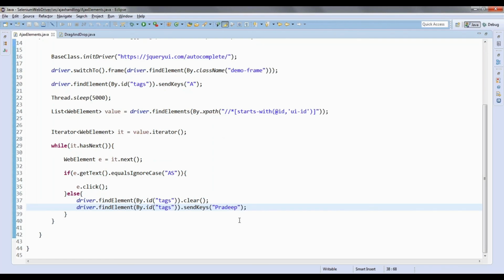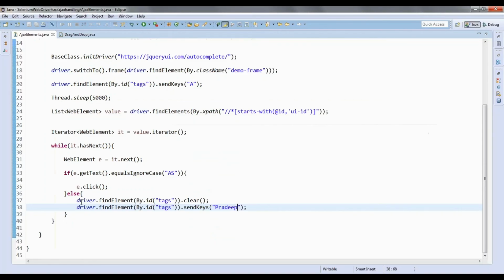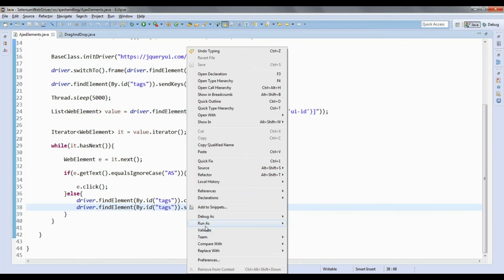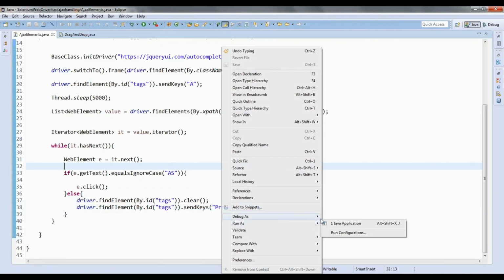The web element I am selecting is for the values displayed as the list, but I want to pass the value inside the text field. So for that, driver dot find element. Let me run this.